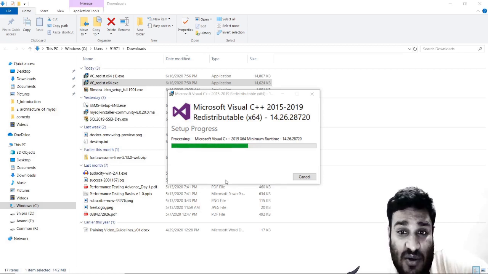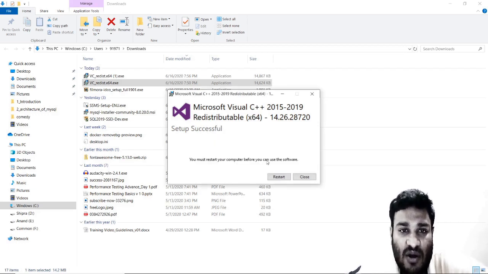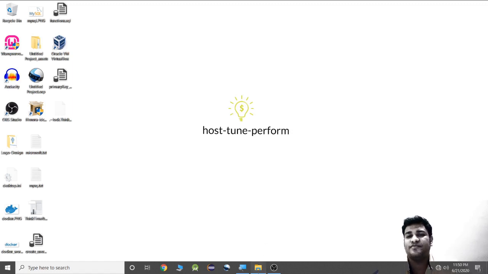And yes, this MySQL installer does not install Microsoft Visual C++ and all the prerequisite software by itself. You need to install it. Now I will have to restart my system, so we will be connected just after I restart my system. Thank you guys. So guys, we have already installed the redistributable package for C++.